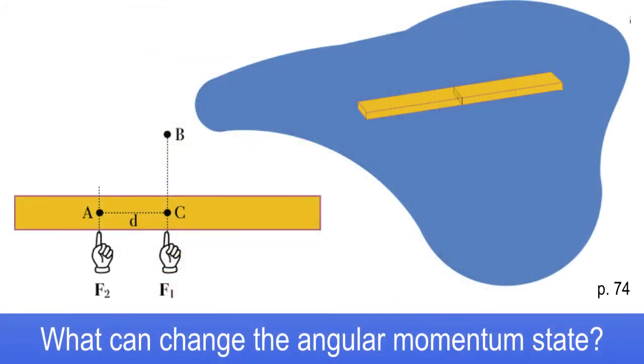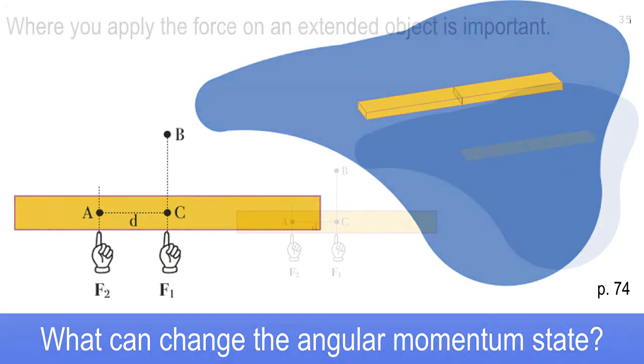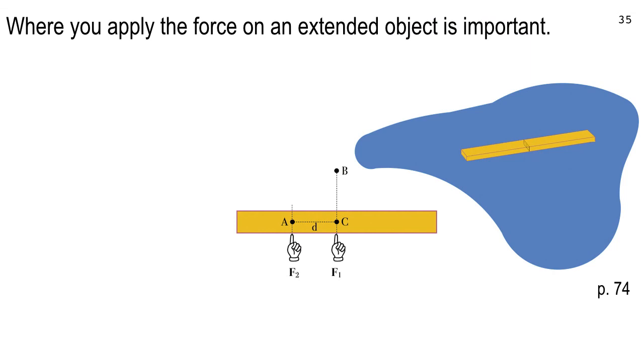Now, here's a couple more questions to go over. What is it that changes the angular momentum state? This is a diagram from Chapter 5. A net force will change the momentum state of an object. F delta t equals delta p, we know that. But what about angular momentum? Well, when you apply a force on an extended object, like this board floating in a lake, from page 74 and so forth,